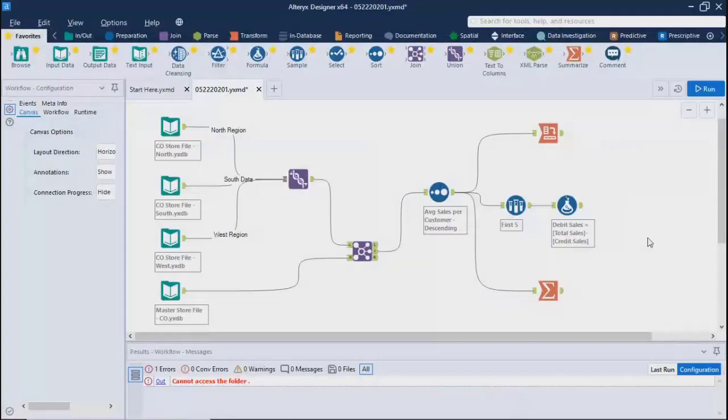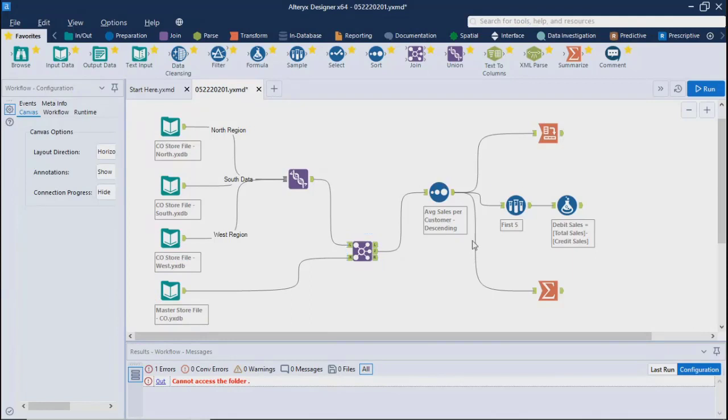So what we did yesterday out of this flow: we got our 3 input data sources on the basis of different regions. Yeah, 3 different regions, and we had another data set which was related to some sales data. So we first of all did the union of these 3 data inputs, and then we joined the union data with our sales data.